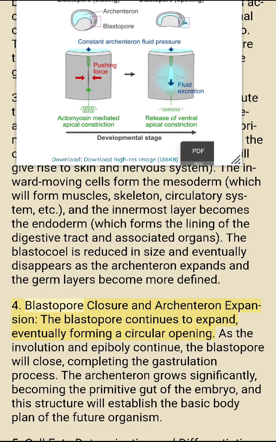4. Blastopore closure and archenteron expansion. The blastopore continues to expand, eventually forming a circular opening. As the involution and epiboly continue, the blastopore